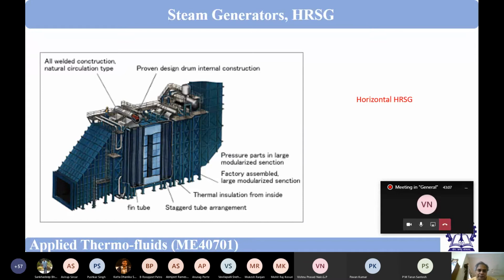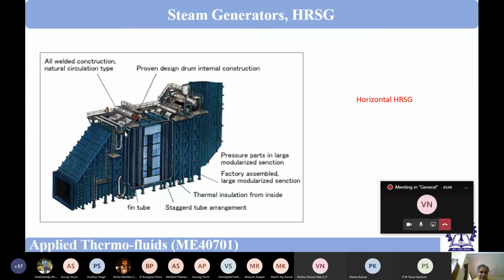So now I am coming to a case where it is not a boiler, we are not having any kind of combustion, but we are having an HRSG, heat recovery steam generator. Where did we discuss heat recovery steam generator? Combined cycle. So gas turbine is there. Gas turbine exhaust, we are taking the gas, and then we are generating steam. But there is no combustion in most of the cases. So gas turbine exhaust is coming over here.